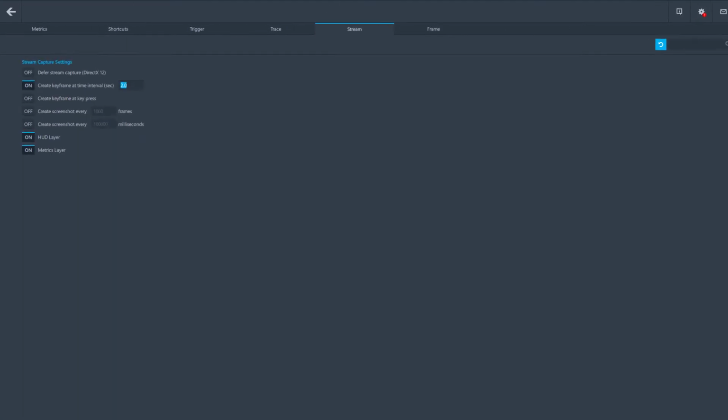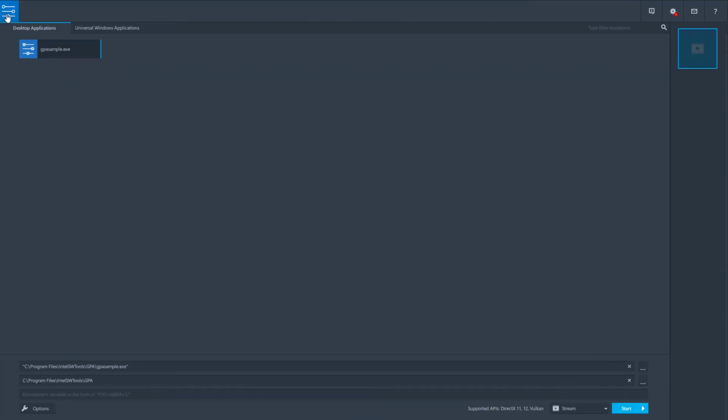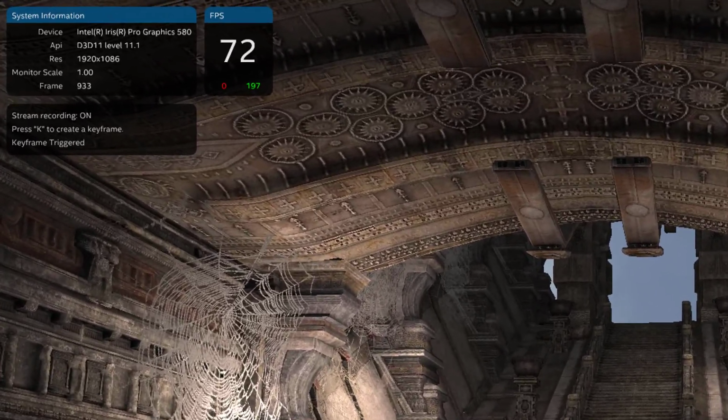The second option is to create a keyframe at a key press, allowing you to capture a keyframe at any point in the stream. The default keyboard shortcut is the letter K on the keyboard. To test this, you can start a stream capture and press the letter K when you want to capture a